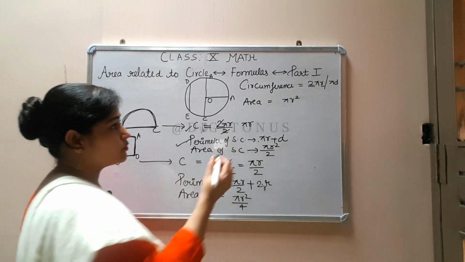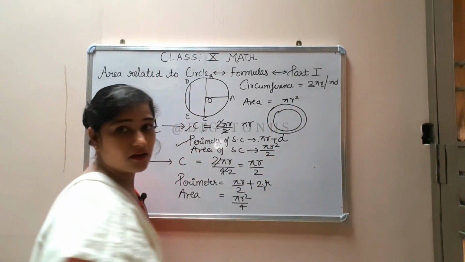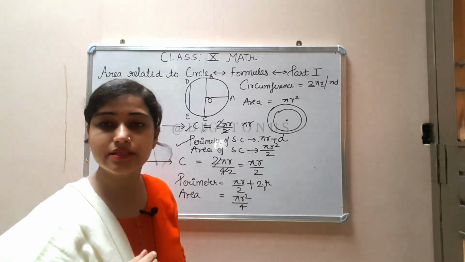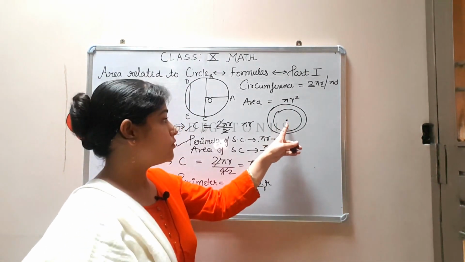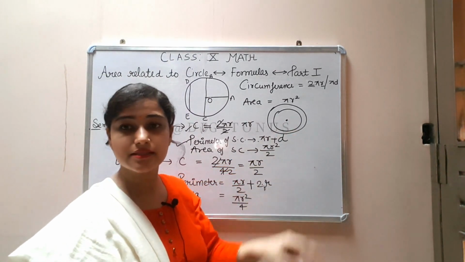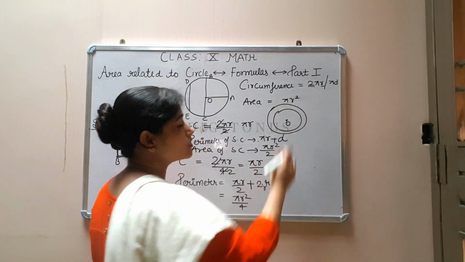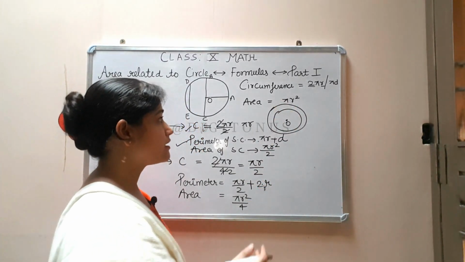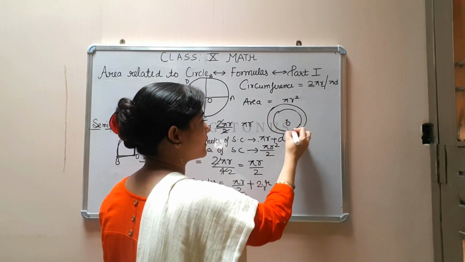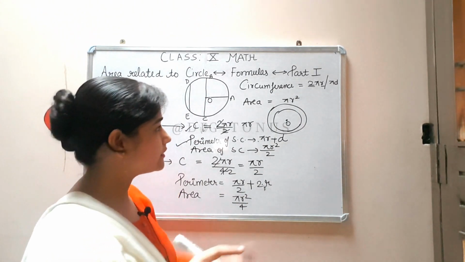Now one more important thing, area of ring. Area of ring, if you have two concentric circles, means two or more than two circles whose center is same, एक ही center है उनका, then these both circles are concentric circles, but they are asking the area of this ring. इस ring का area पूछा है, पूरे outer circle या inner circle का area नहीं,